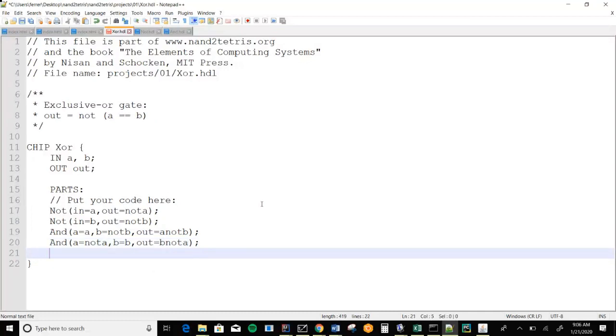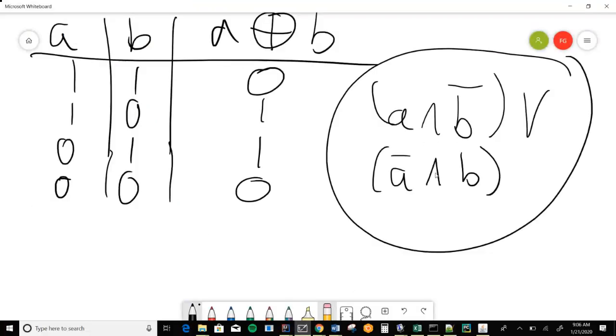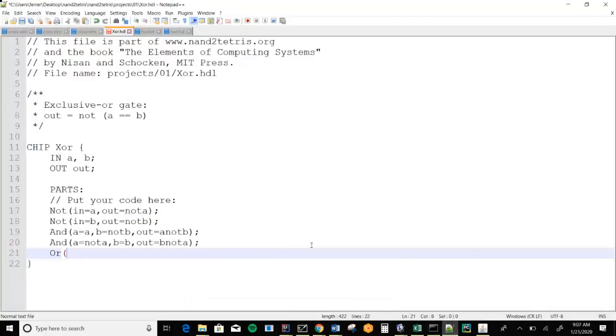All right, so now I'm ready to look back at what I sketched out. I've ANDed these and NOTed them and all that. So now I just need to OR them. So I'm going to have an OR gate. I'm actually not going to look up its inputs and outputs because at this point I've got a pretty good guess. So A is going to be A not B. B is going to be B not A. And out is going to be out. In other words, the output pin of my OR gate is going to be wired to the output pin of my exclusive OR chip.